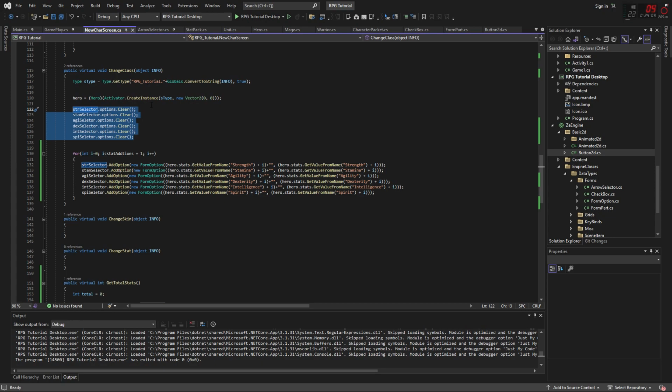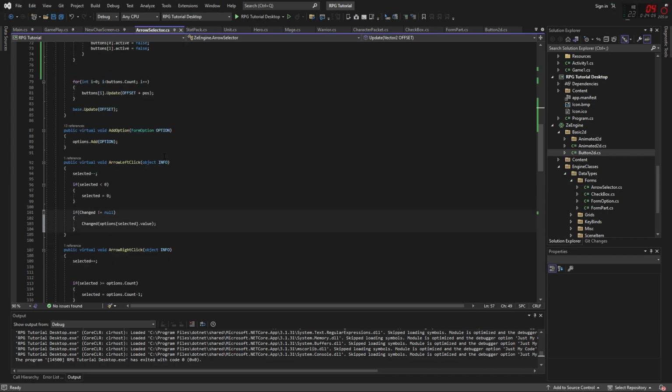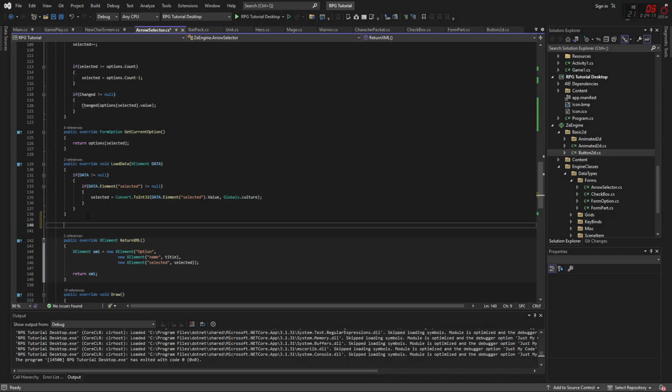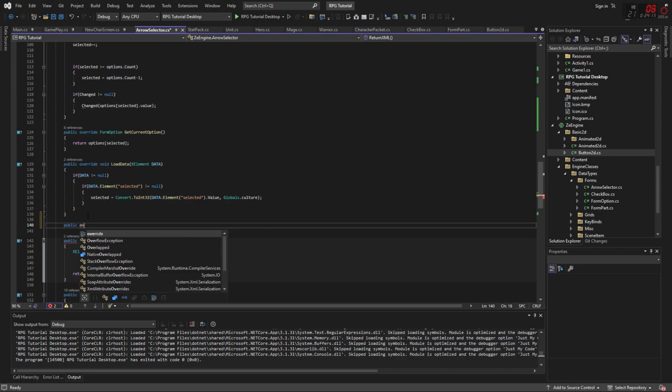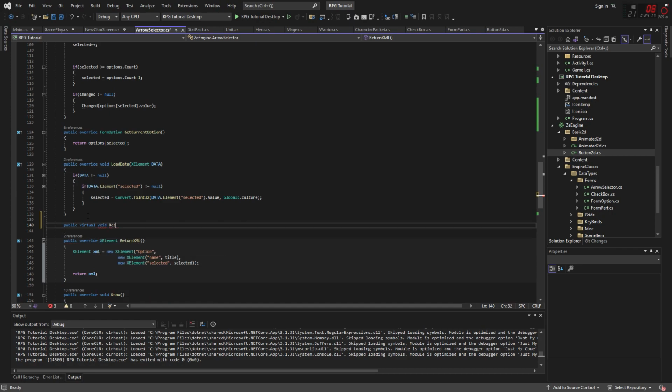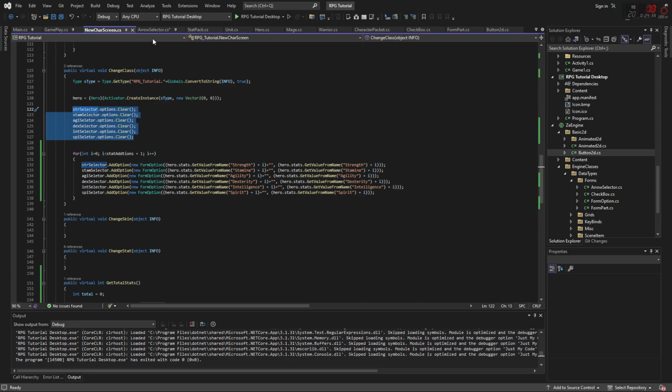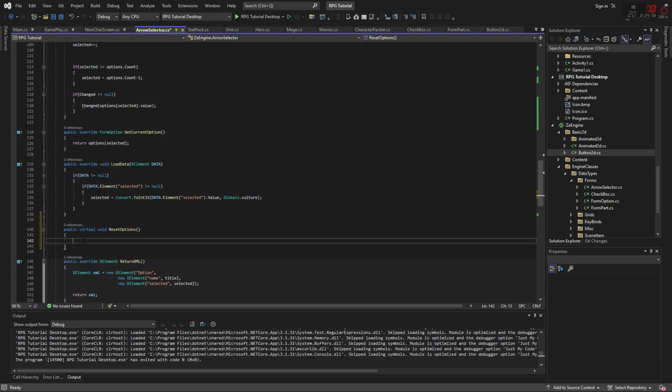But I think we definitely want to create a function to handle that. So we'll probably go like reset options. So public override void reset options. The reason we want a class to do this is because all of a sudden we're going to be doing 2 things at a time here. So before, we're just setting it to clear the options, which we are going to do. We're going to say options